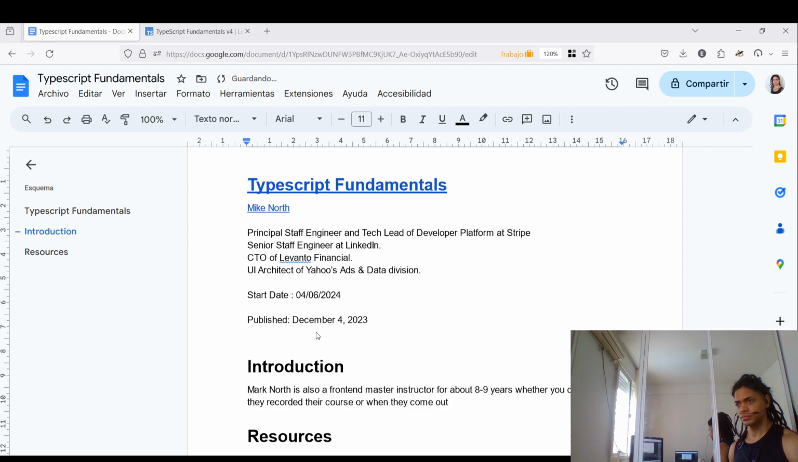I've been working with Frontend Masters for a while. I'm a principal staff engineer at Stripe, and I'm also their tech lead for their external-facing